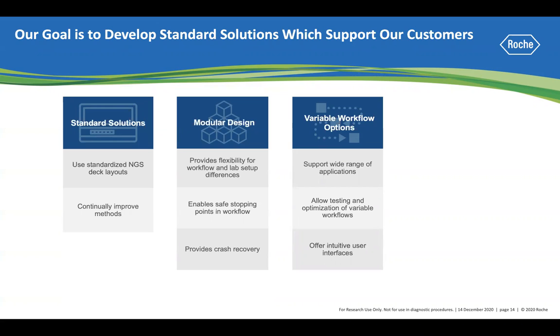Our kits and workflows are designed to support a range of applications. So we design our automated workflows to support that same wide range of applications with a single method. For those users who have projects that span multiple application areas or sample types, they may need to be able to optimize their automated workflow on a project-by-project or case-by-case basis. And by providing variable workflow options upfront, users can test these variable workflow options themselves at runtime without having to